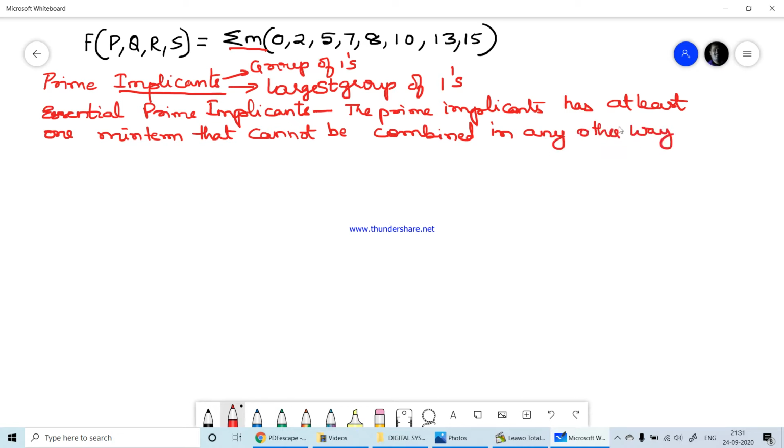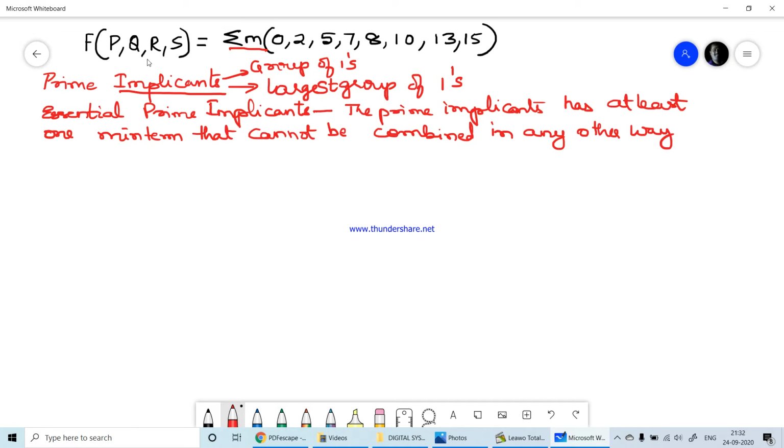So you can't group it. So at least we will have one min term in any K-map. If that min term cannot be grouped, then that particular bit you can't group is actually an essential prime implicant. That particular min term will come into the essential prime implicants. So these two concepts are very important for you to use in the Quine-McCluskey method.